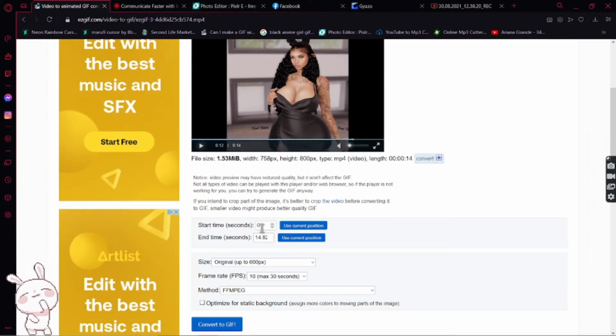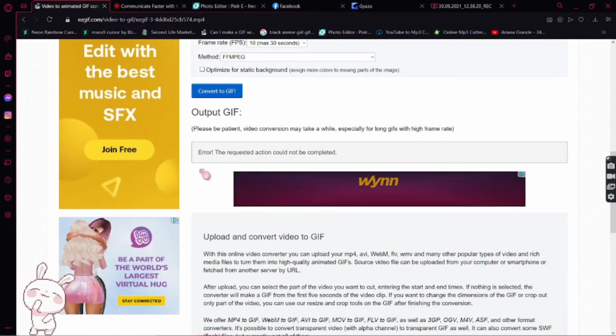So literally a second. So 0.10. Oops. And then this one will be 11. 0.2. Convert it, and it's gonna show up down here.